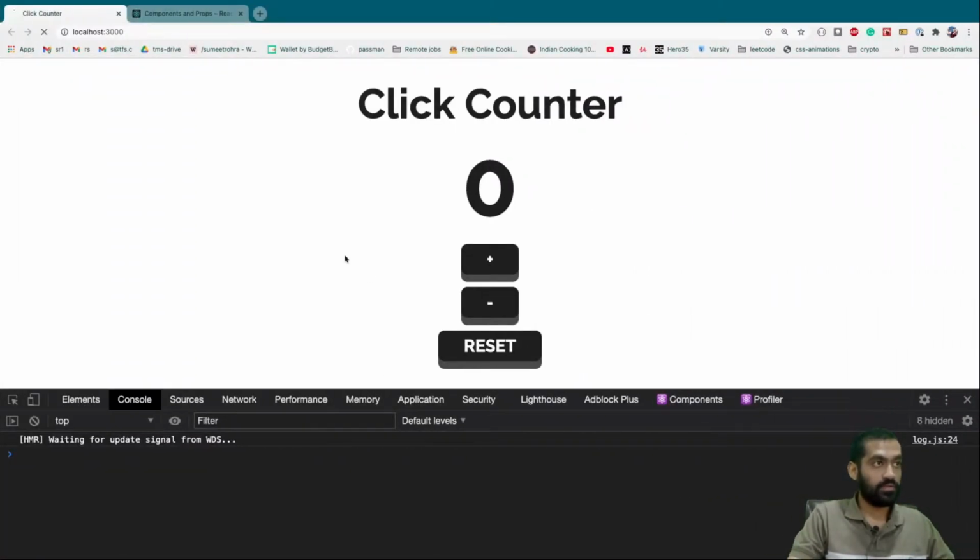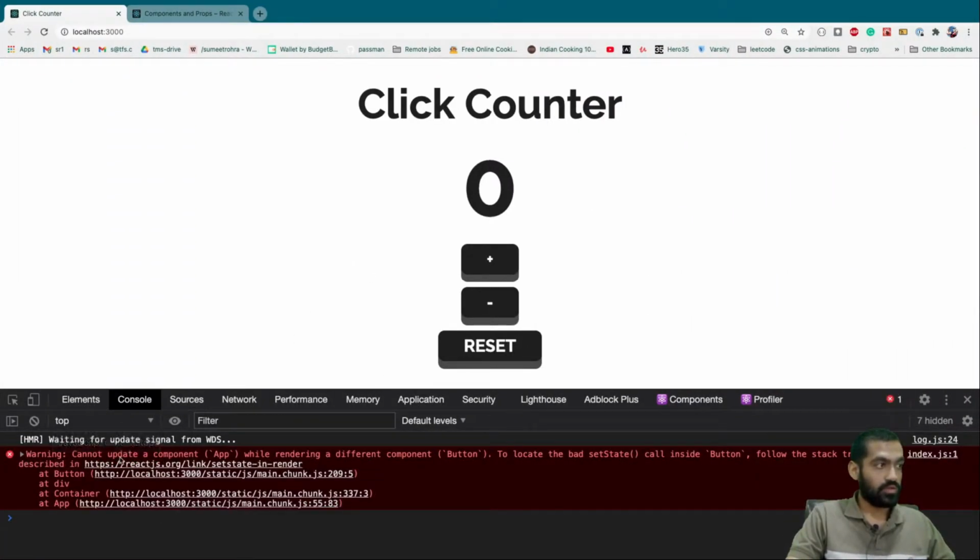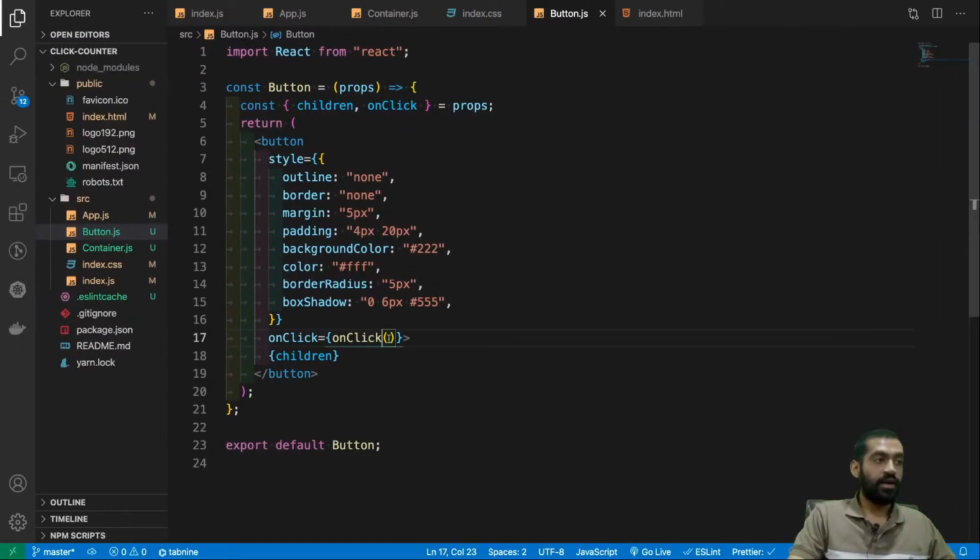What will happen? Yeah, so: cannot update the component app while rendering a different component button. As we told you, if I just call this function directly, it will give me some errors, right? And to make sure that this doesn't happen, we were doing this, right?